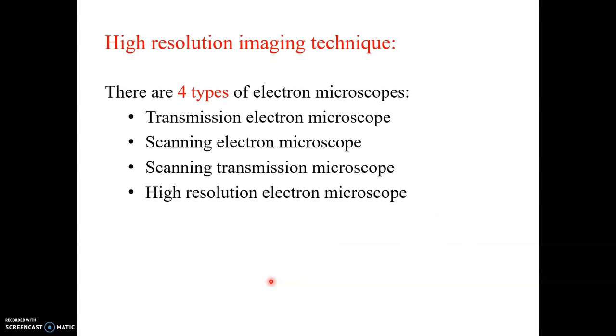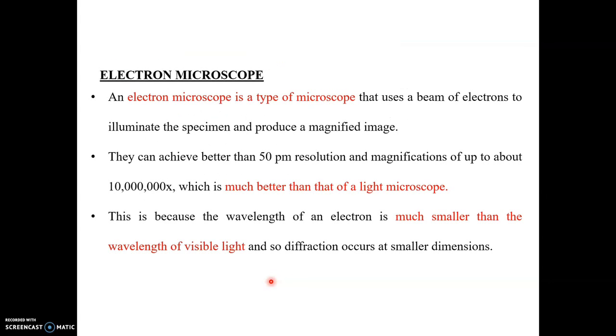Okay, it may give this many times better image compared to the light microscope method of analysis. The electrons are very much smaller than visible light, so we are able to analyze the sample in depth with the help of focused beams. Okay, so there are 4 different imaging techniques.